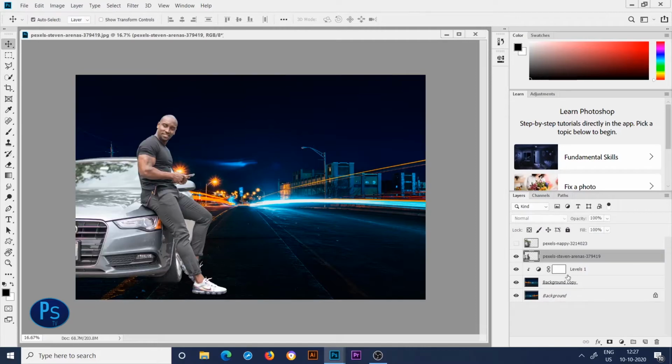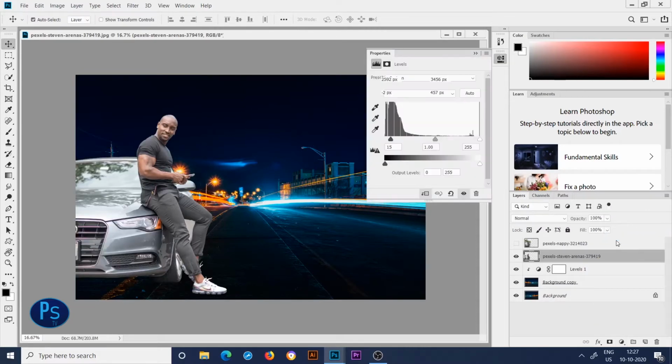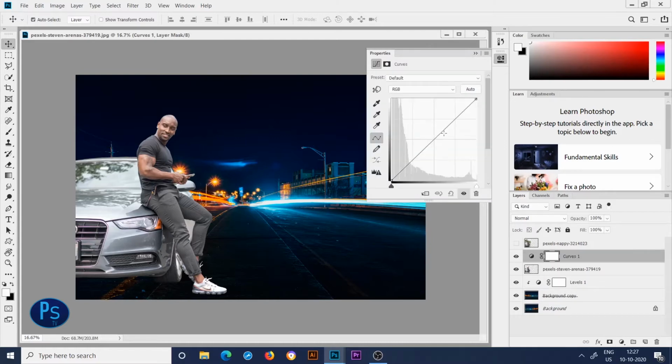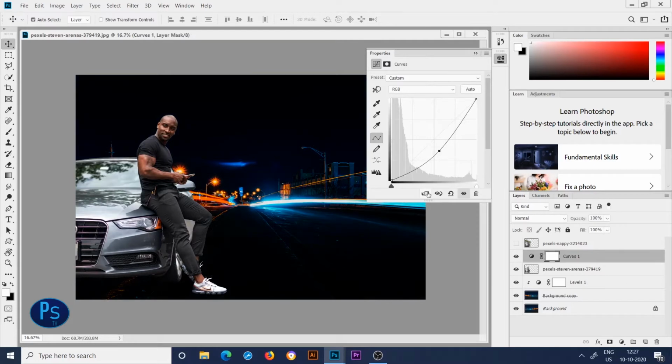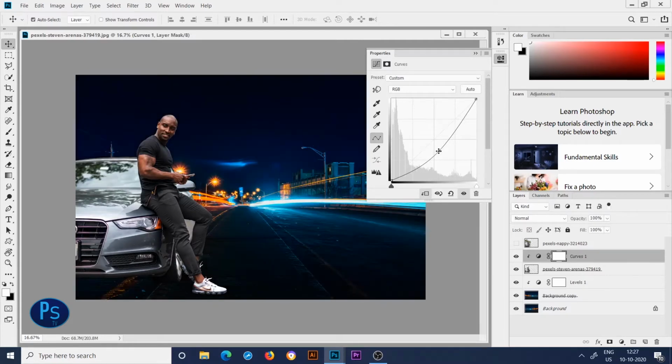and then go to New Adjustment Layer and select Curves. Make your subject a little bit dark and click on clipping mask on it, and make it a little bit dark as your choice, like this. Then close this window